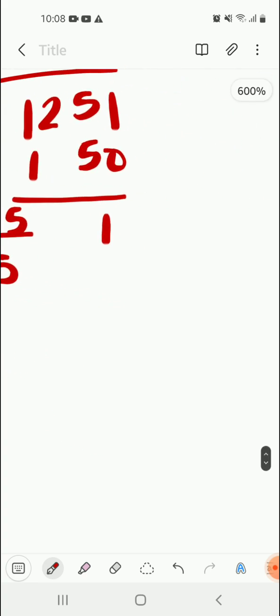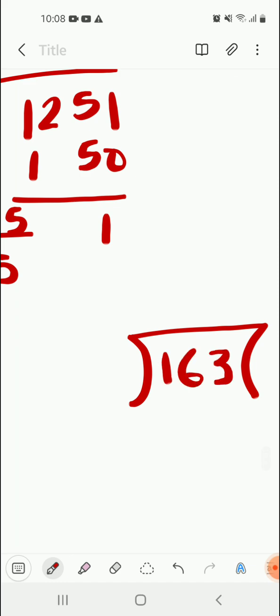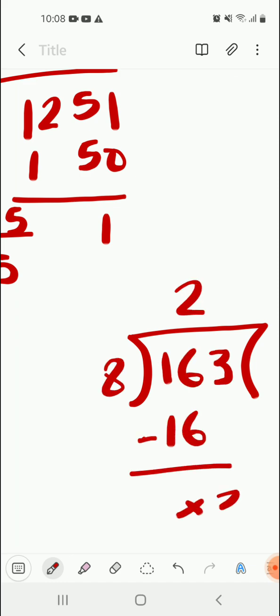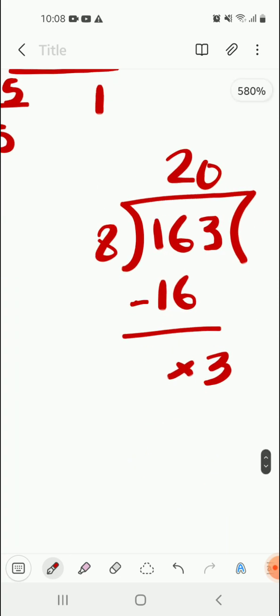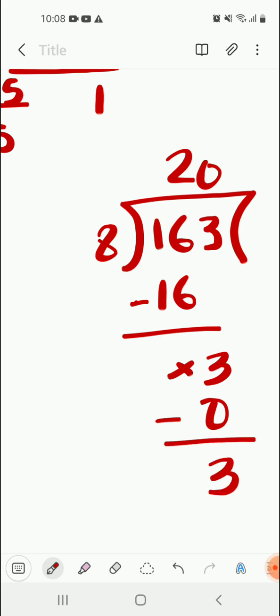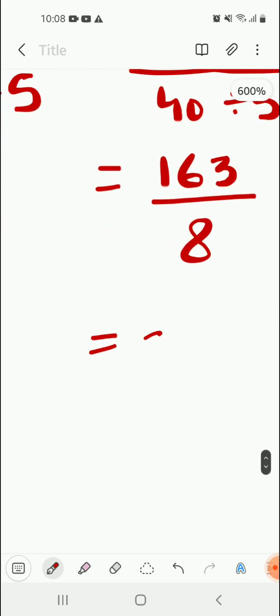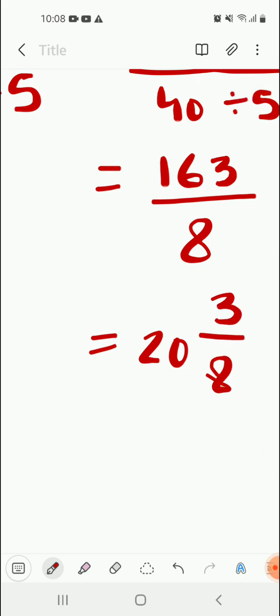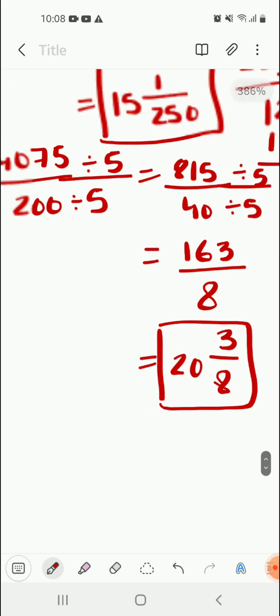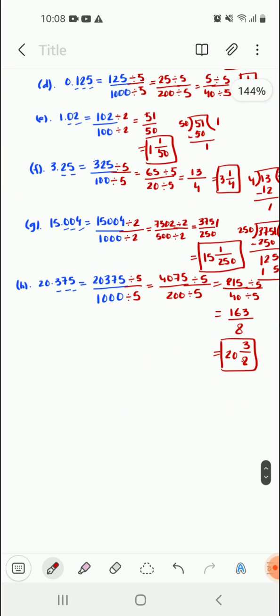Now convert it into mixed fraction. 163 and 8, we get 8 into 2, 16, and 3 remains as it is. Since we haven't divided this, so with 0 we get 3. So my answer is 20 3 by 8. So 20 3 by 8. Answer in the reduced form. That is it. Number I,